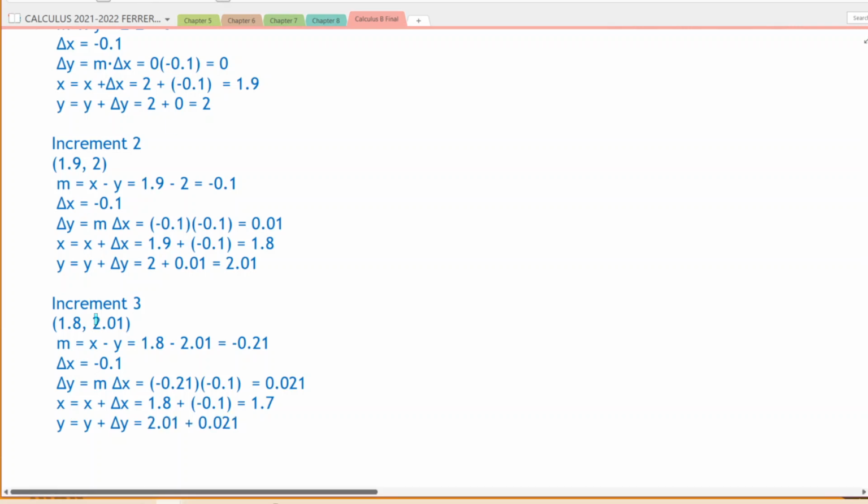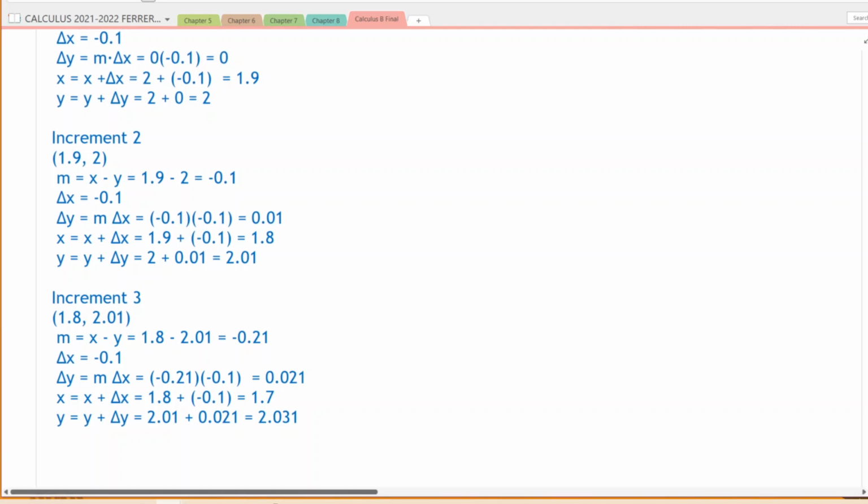The old y coordinate was 2.1. The delta y is 0.021. And that gives me the new y coordinate of 2.031. Putting that information together, we get the coordinate (1.7, 2.031). So now we know that when x equals 1.7, the y coordinate is